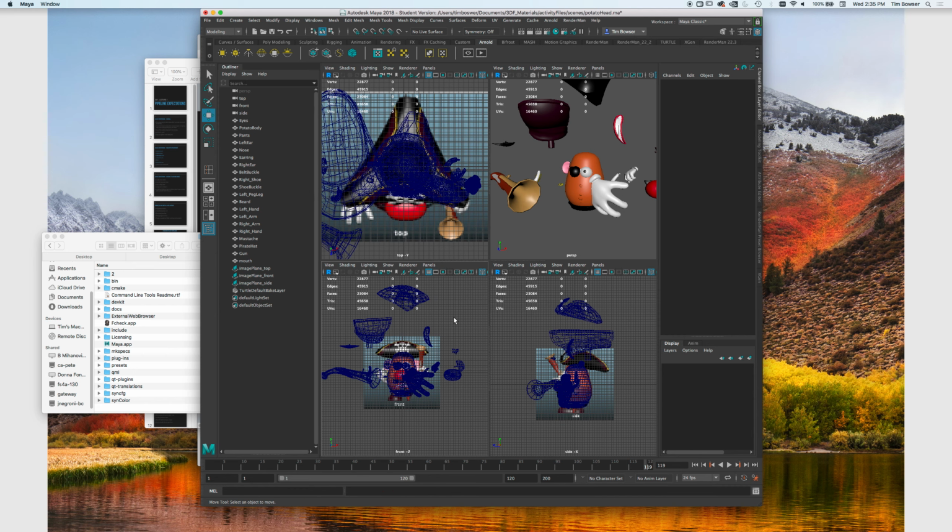There we go. So your job is to finish this off as we did last night inside of class, but just make sure Mr. Potato Head's put all back together and all pieces are following the